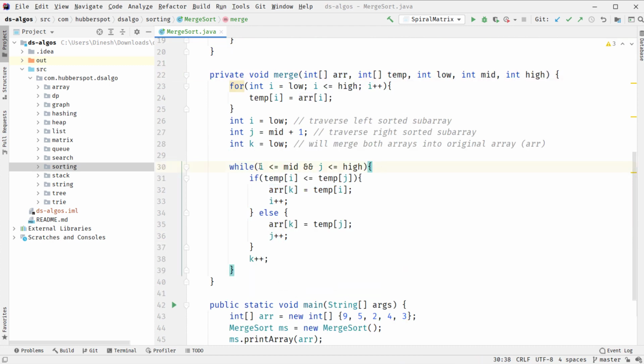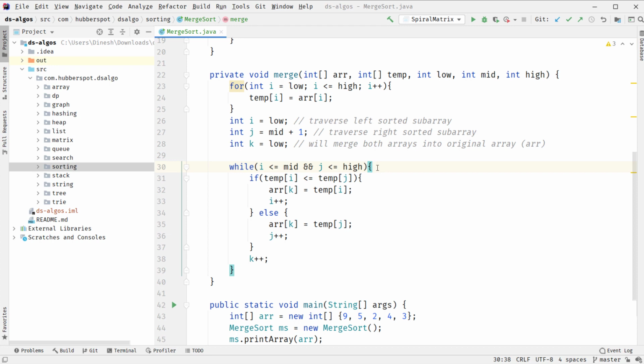Here you can see that there are two cases which can arise. Either the left array gets exhausted or the right array gets exhausted. When the left array gets exhausted, all the elements of the right sub-array we don't copy back to the original array, because those elements are already at their correct position in the original array. Because when we are copying the elements from the original array to the temporary array, and as both the arrays are sorted, the elements of the right sub-array which are left over will already be at their correct position in the original array. These two cases we discussed in greater detail in our previous video.